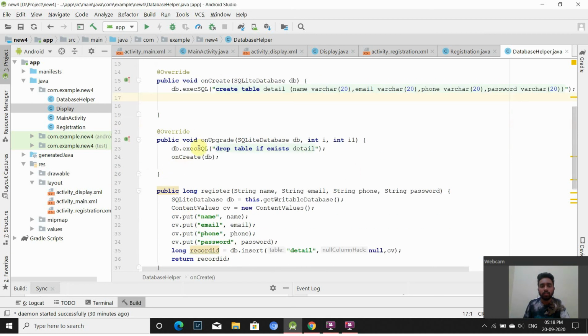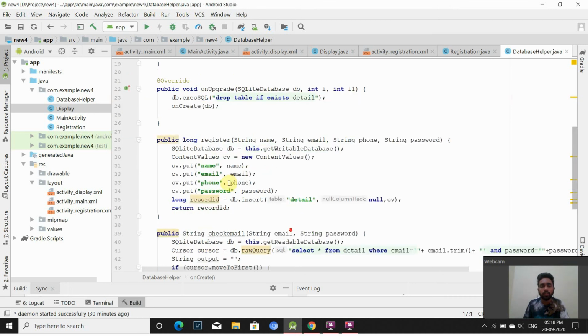Now another query is on upgrade. That means if we delete or upgrade something, or if we create a new user, it takes the variable db dot exec SQL, and we use the query to drop table first, and then we create it again. So drop table if exists details, and after dropping it, it will delete everything and again create the database.